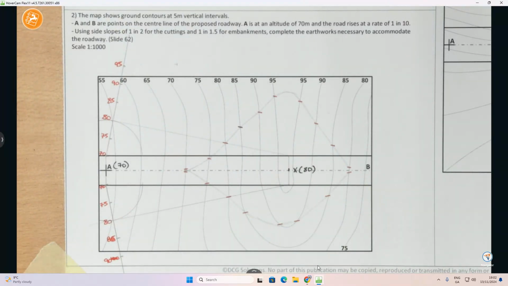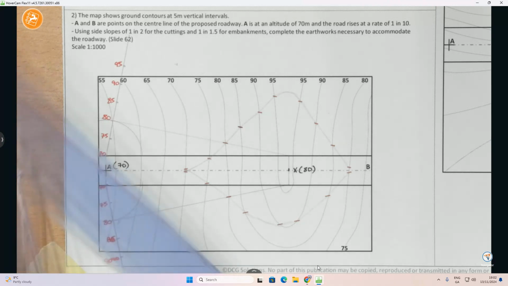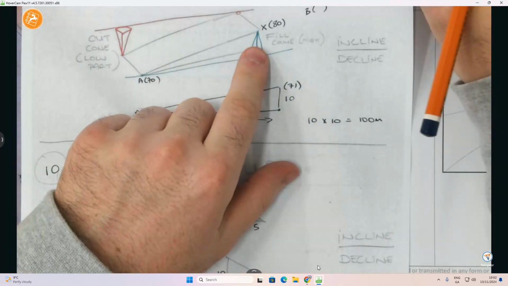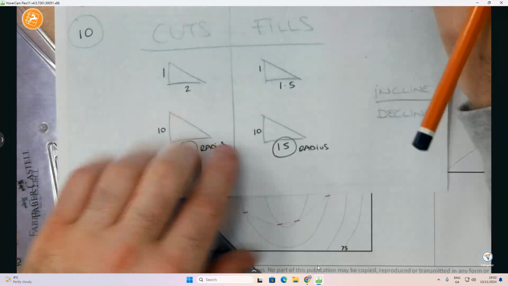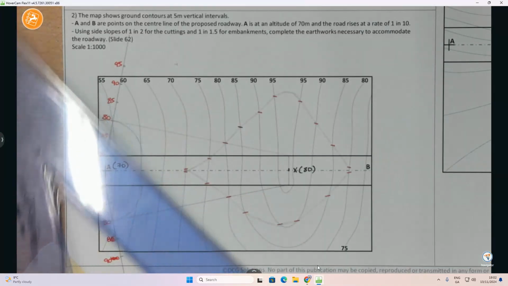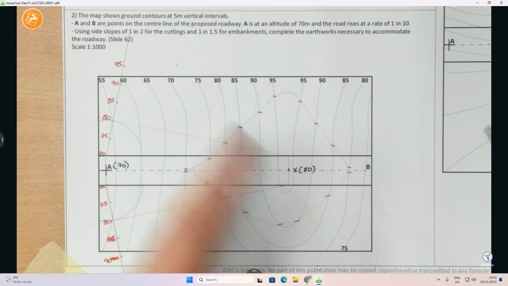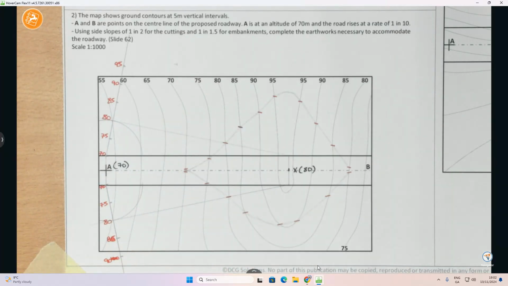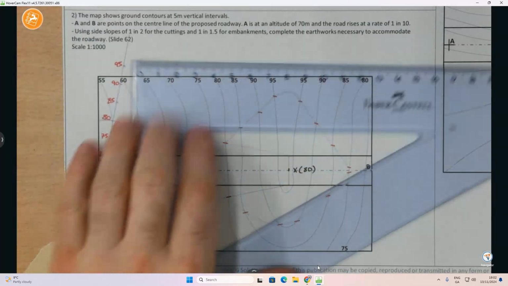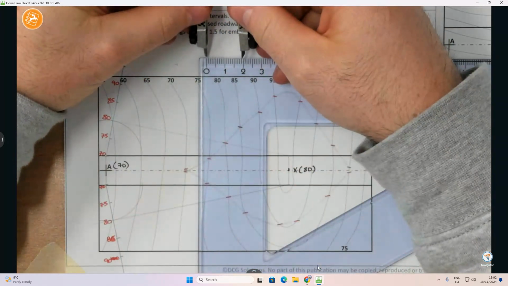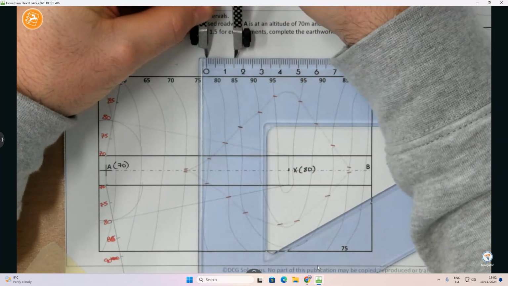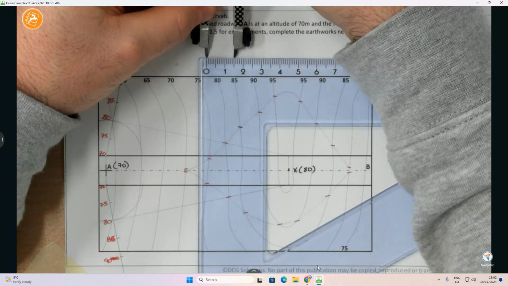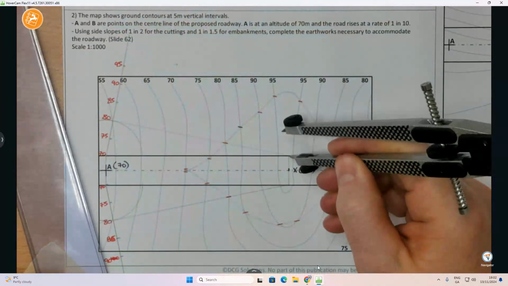Now what we're going to do is we're going to do the fills. Now if you remember, the fill cone will always go on the high part of the road. Okay, what's our fill cone radius? 15, and our increments were 7.5. So now this is where it can get a little bit messy. So from the high part of the road, I'm going to get 15 on my compass. So from 0 to 1.5 centimeters, like that. I'm going to do